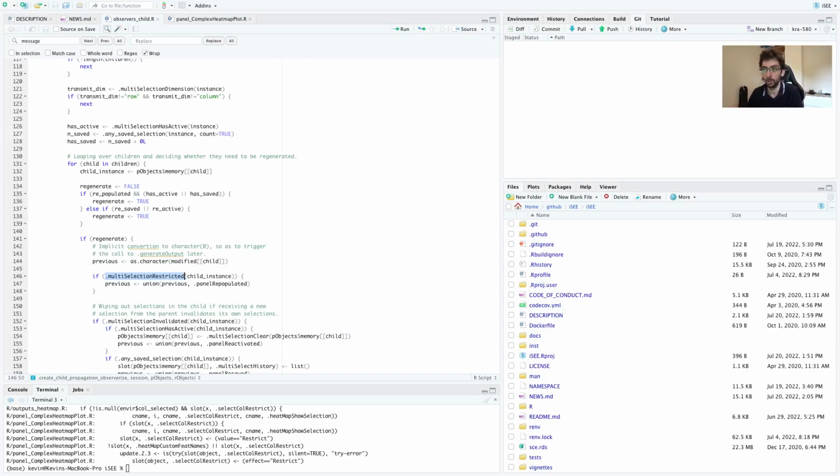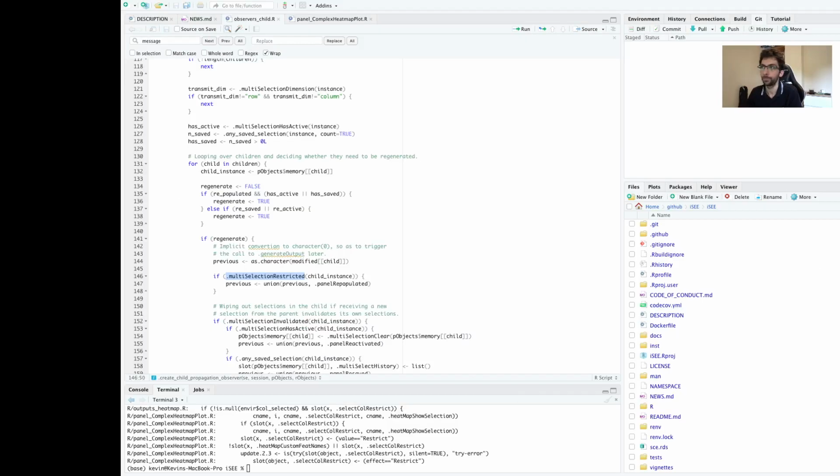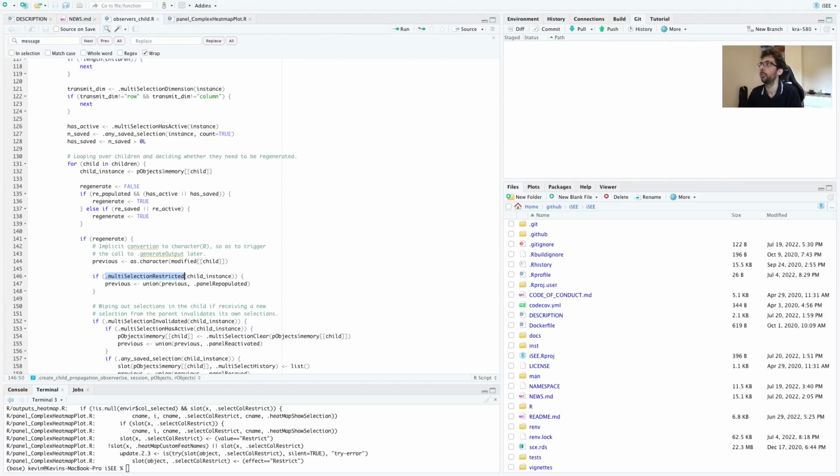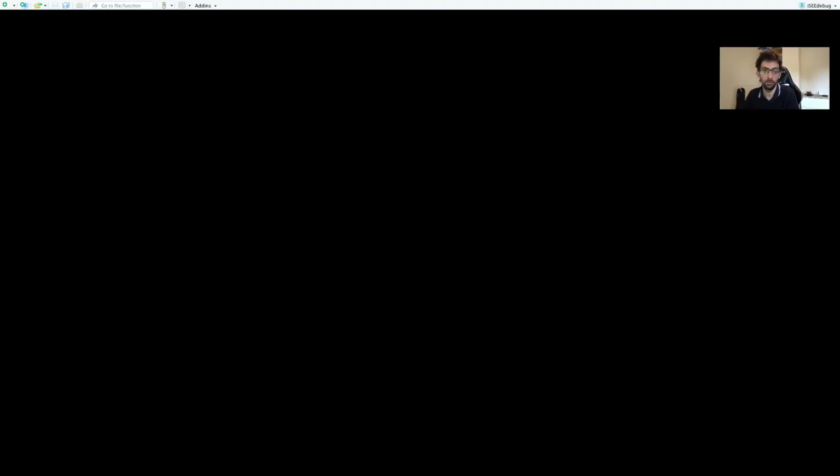So this is my issue at the moment, is that we can only say that it's restricted, but we don't know whether it's row or column, and that is something specific to the heat map that we haven't addressed yet. So yeah, I'm not going to go into any more detail than that here. What I will do is show you the debug script,